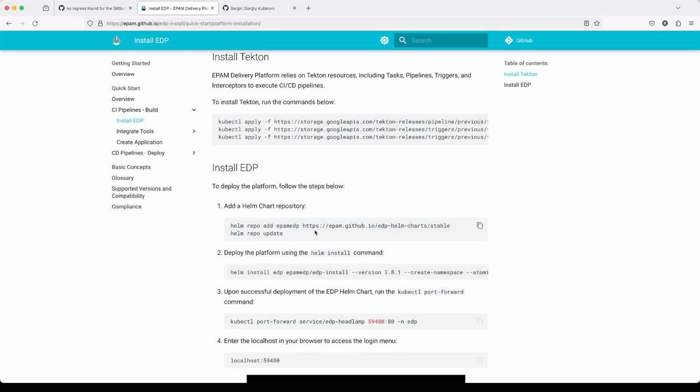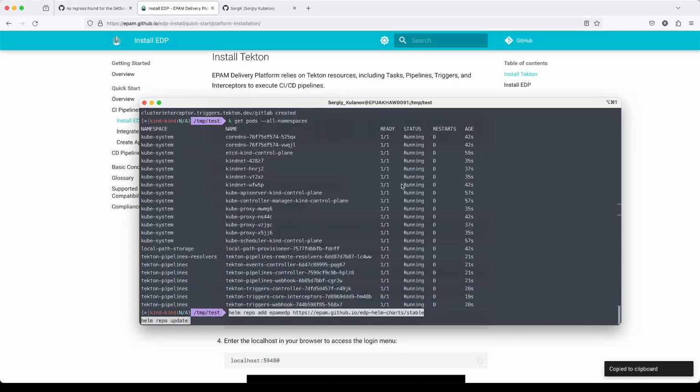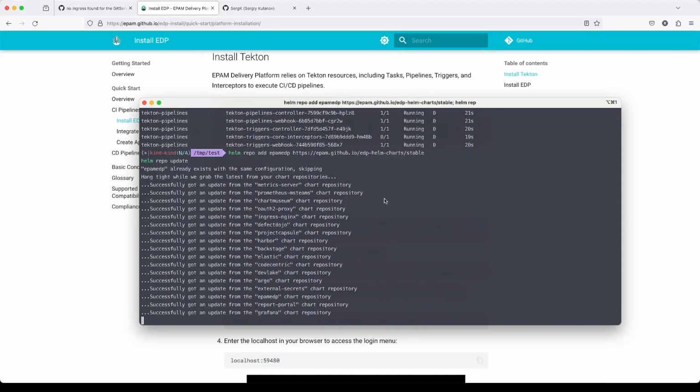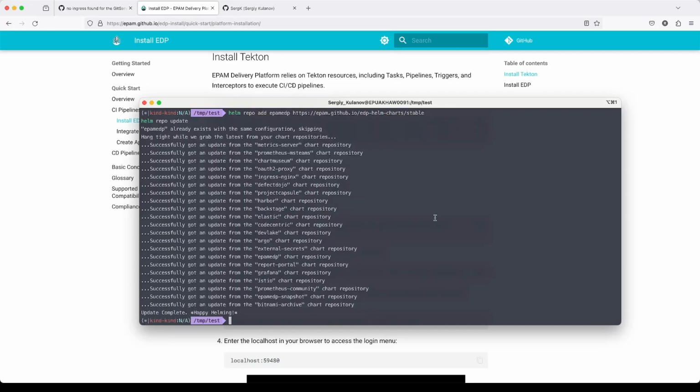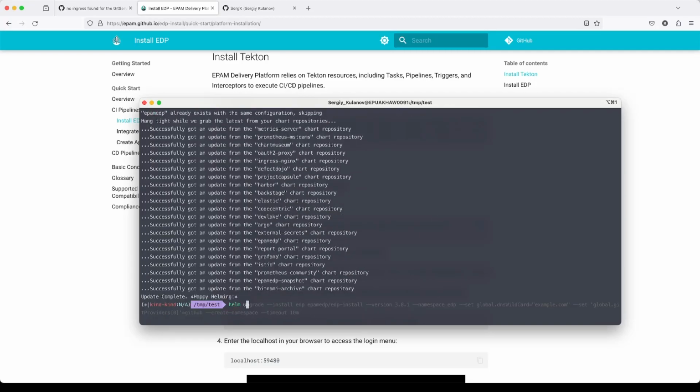So again, let's just copy paste and run this command. Then we need to install EDP. I already have something prepared before, and I will explain what we have here. So let's use the latest version. Let's install everything in the EDP namespace. We don't care about DNS since, again, this is a local deployment that we just need to play a little